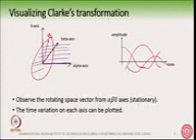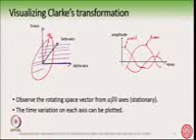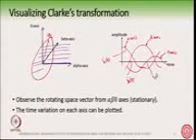And this is the projection on the alpha axis with time. This is the projection on the beta axis, and maybe this is the projection on the 0 axis with respect to time. So we say these are the alpha beta 0 components. This we will term as I alpha t, this as I beta t, and this as I 0 t with respect to time, where the actual space vector is rotating in the 3-dimensional plane.